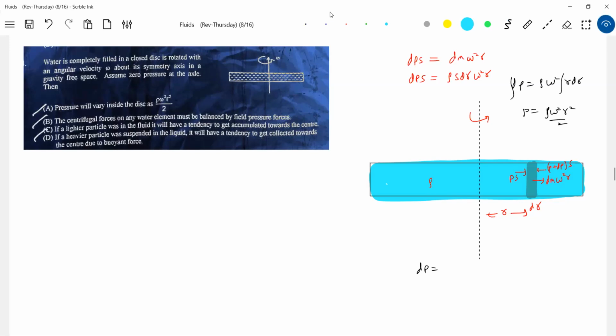The pressure in fact will vary, similar to a gauge pressure. In the rotating liquid, there's a gauge pressure, just as in a vertical column we have rho gh. For rotating liquids, it will be rho omega square r square by 2. Where will pressure be more, here or here? At the axis or at the edge? Edge. At the edge, pressure will be more. This is very important. If it is a rod, the tension will be more here. The pressure will be more at this particular point. At r equal to 0, here it will be 0. Anyway, put a condition, assume 0 pressure.